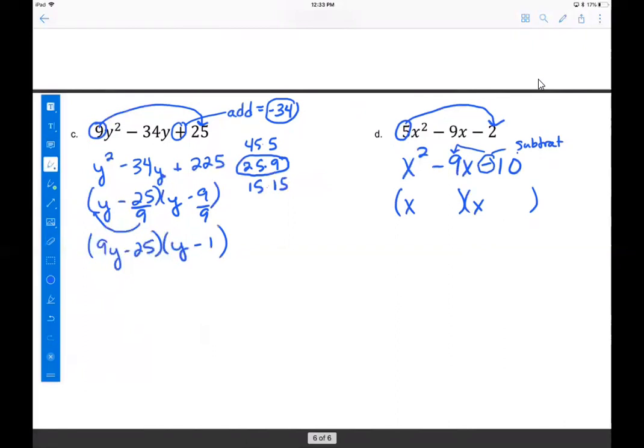Since I've got a positive and a negative because it's a minus here, different signs. So to get negative 9, 10 has to be negative, and 1 will be positive. Remember this 5, bring it back, and then bottoms up if it will not reduce. So this one will break down into, let me just rewrite that, 5x plus 1 and